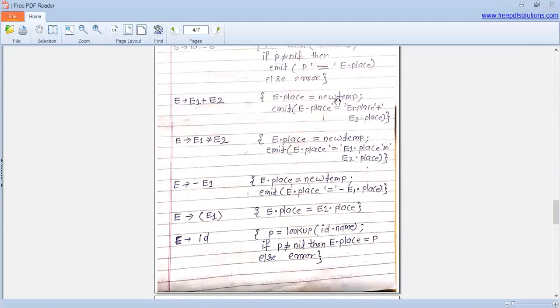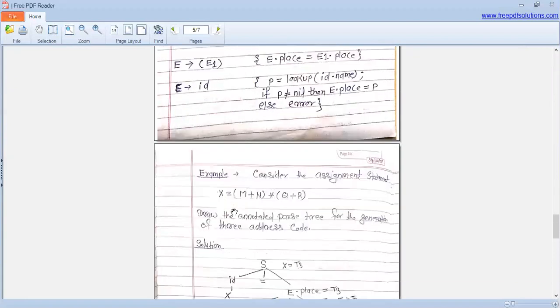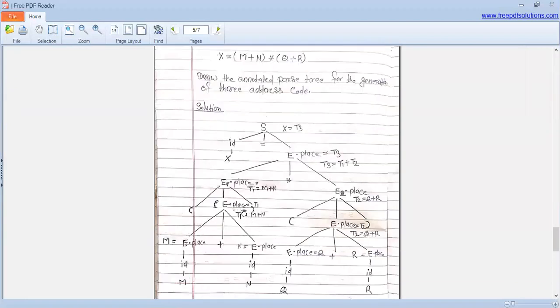So what is the meaning of the new temp? Here we have to create a new temporary variable, and this new temporary variable is assigned into the E dot place. So here you can see I have created the new temporary variable, and this new temporary variable is T1, and E dot place is equal to T1.